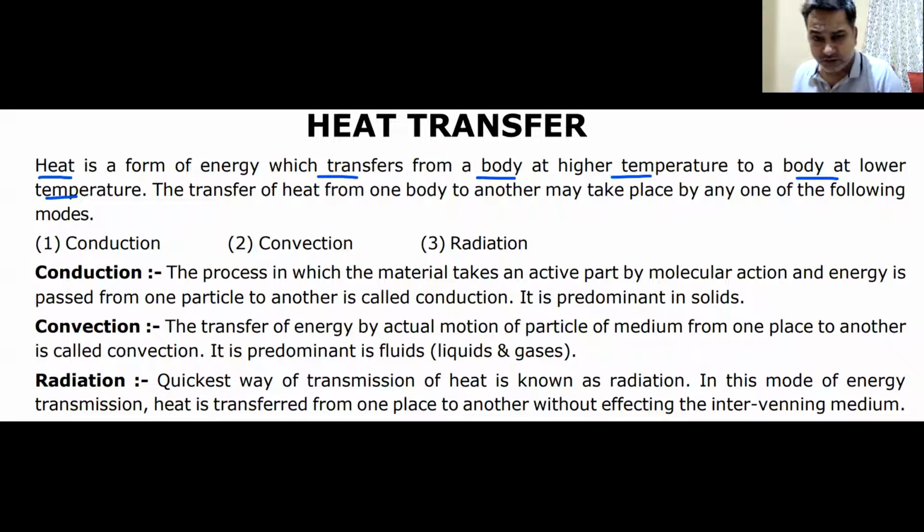Instead of saying it in this way, I could say it in a different way. Heat is an energy that is transferred because of difference in temperature. And we have seen that on its own, heat can always flow from a body of higher temperature to a body of lower temperature. It cannot flow on its own from a body of lower temperature to a body of higher temperature. And that is the second law of thermodynamics. It tells us the direction of heat flow, or the direction in which a process is possible.